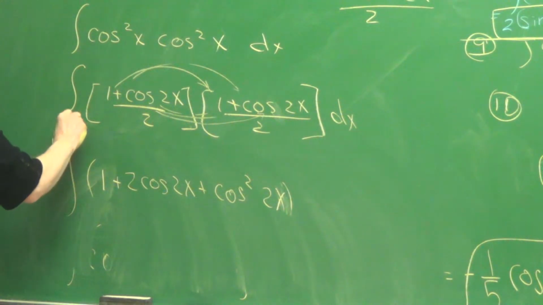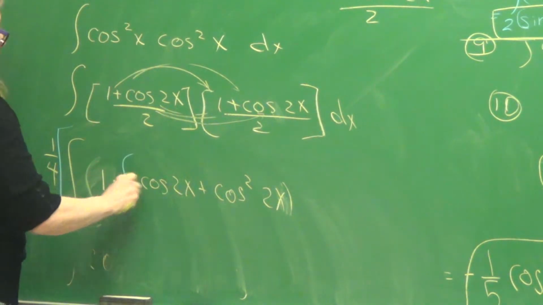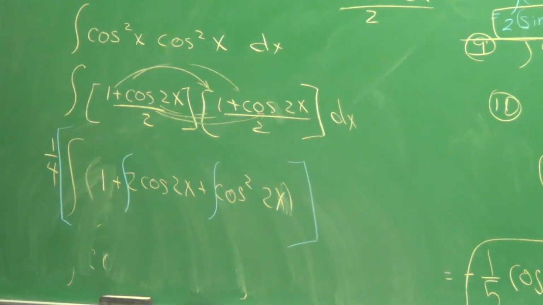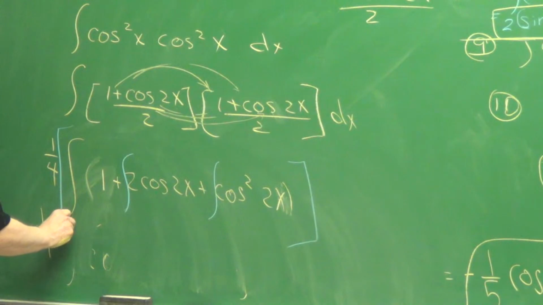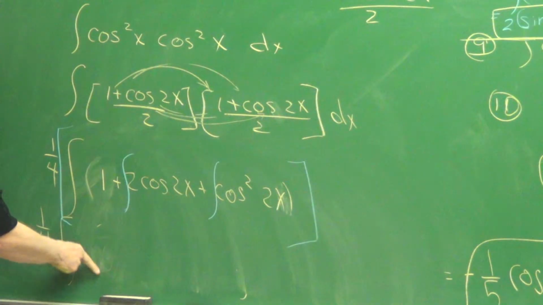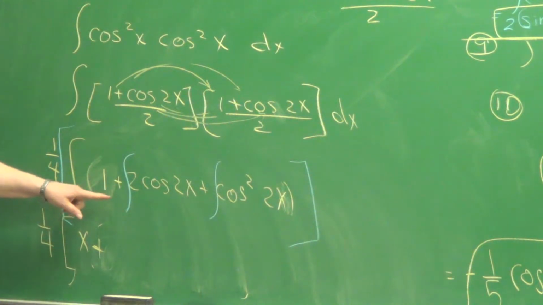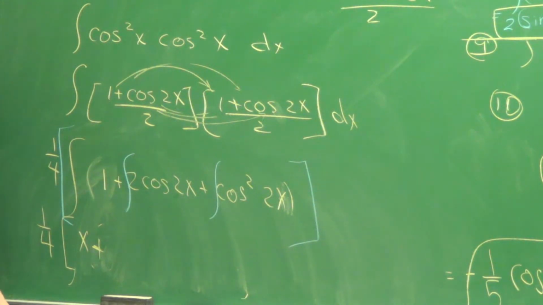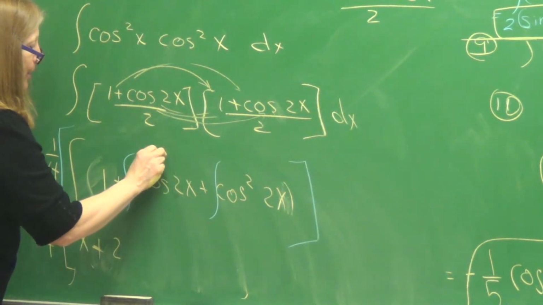Almost. So I'm going to leave the 1/4 out here, and I'm going to put an integral sign in front of each of these. And we'll be fine until we get to the last one. So, Brendan, leaving the 1/4 out here, what's the first integral? X. Right, so we've taken the integral, so it's 1/4 times x, and also then, Brendan, what's the integral of 2 cosine of 2x? 2 sine 2x. Almost, because we do have to do a